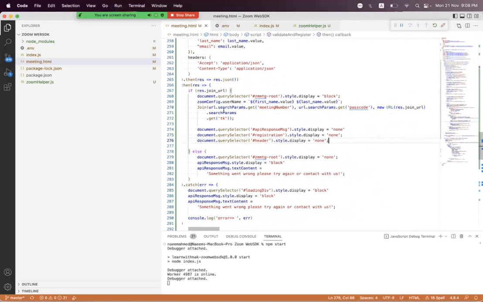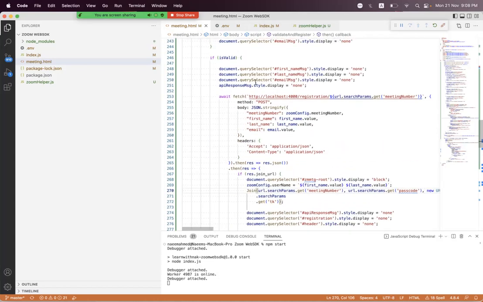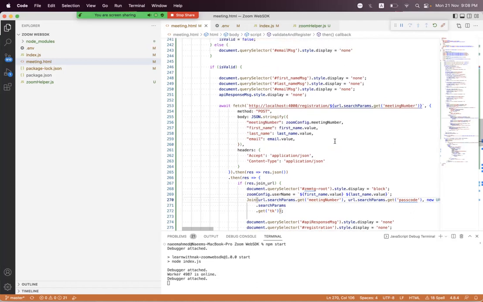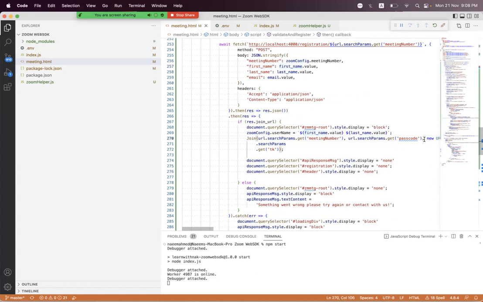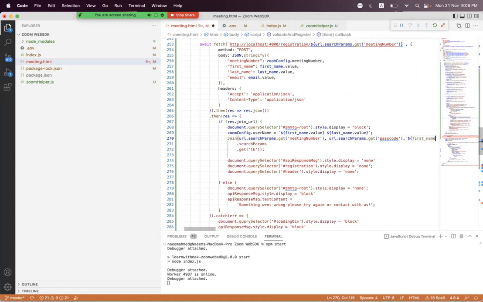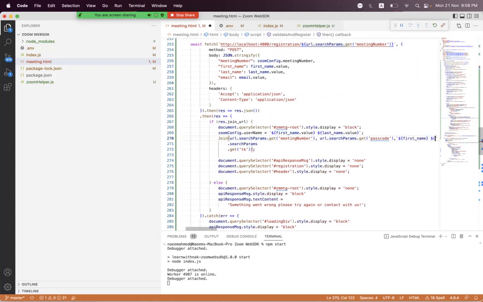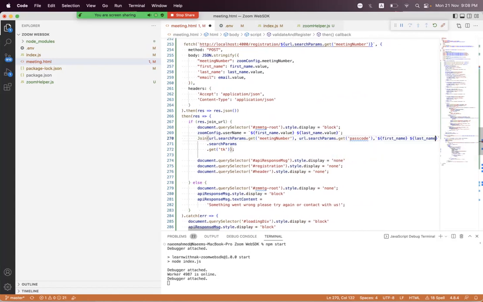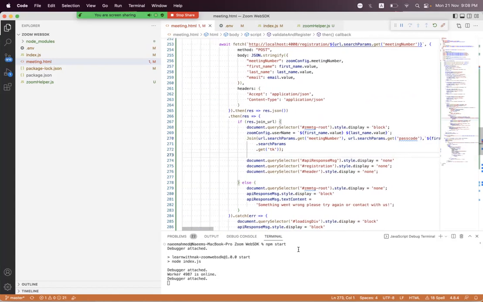So we have already got the token from here. So we have got from the join URL, and we got the token TK parameter, and we pass it. So before that we must also pass the username. Okay, so we are setting the username inside the first name and last name. So we pass those also. So we use string interpolation, first name space last name. Okay, save it, and now just